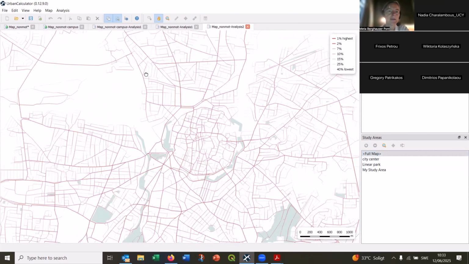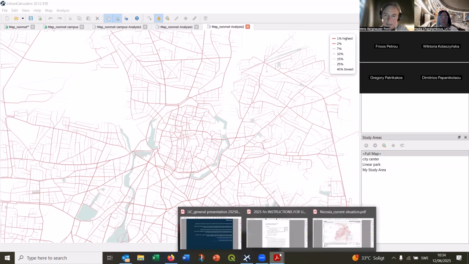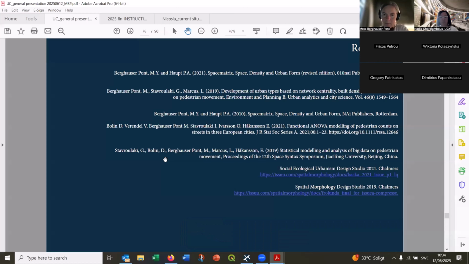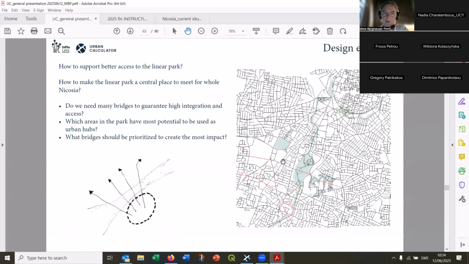I think you know enough to start working a bit. Let's stop sharing. Shall I actually show you the exercise again, just to remind you? So exercise 1 is to work with the linear park and try to create, first you could identify, okay, how is centrality distributed along the linear park? Are there locations that already have a very